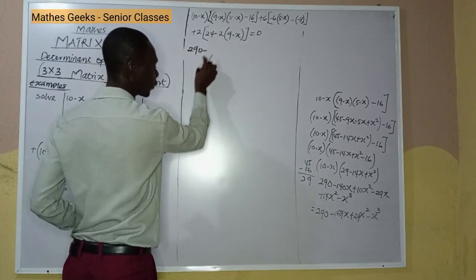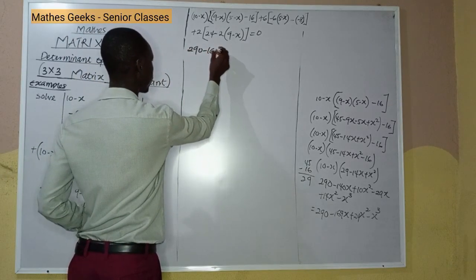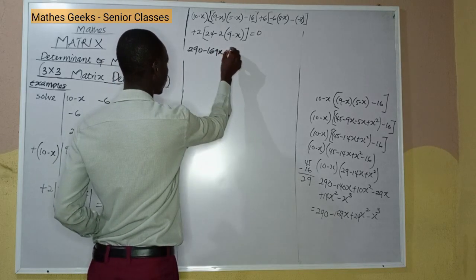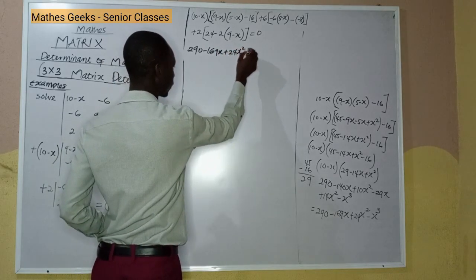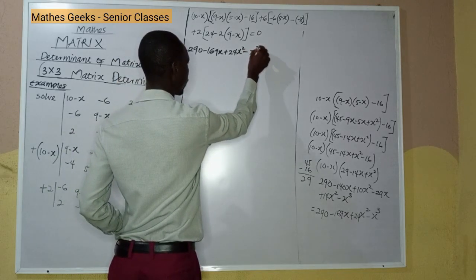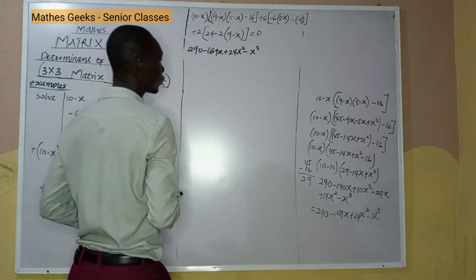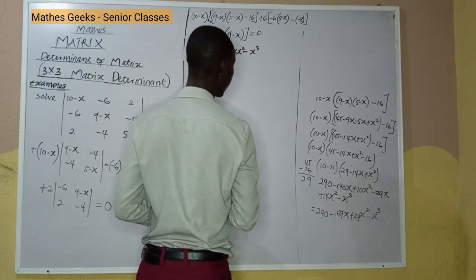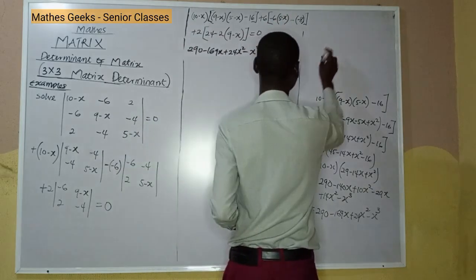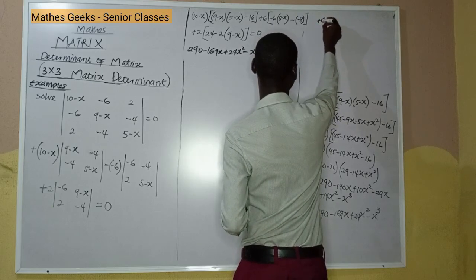290 minus 169x plus 24x minus x raised to power 3. So let's simplify this part. So here we have plus 6x plus 6